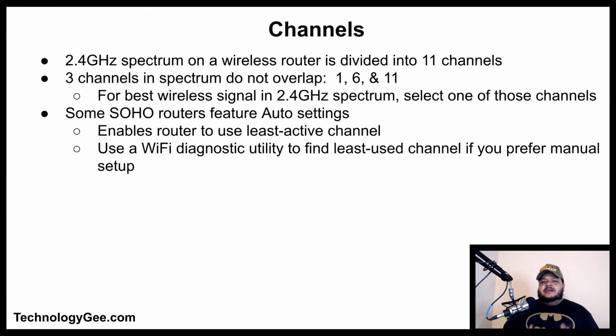Channels. The 2.4 gigahertz spectrum on a wireless router is divided into 11 channels. Only 3 channels within this spectrum do not overlap. Those are channels 1, 6, and 11. For the best wireless signal in the 2.4 gigahertz spectrum, select one of those channels. Now, some SOHO routers feature an auto setting that enables the router to use the least active channel, but you can use a Wi-Fi diagnostic utility to find the least used channel